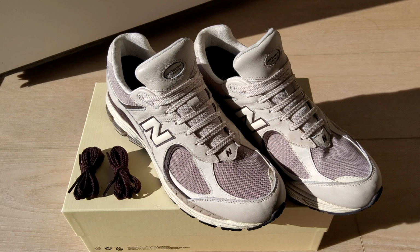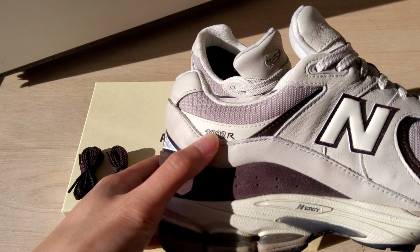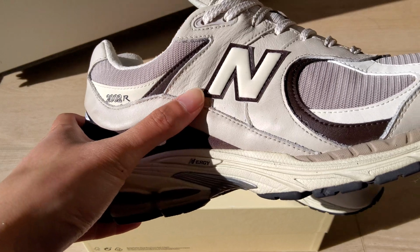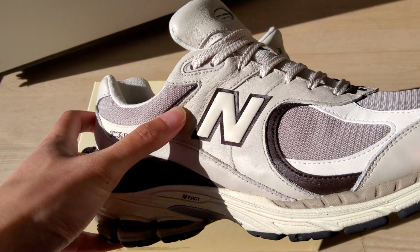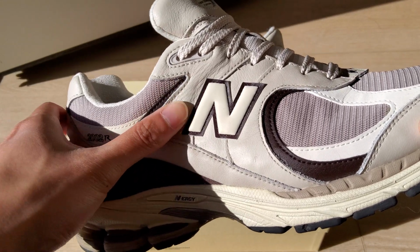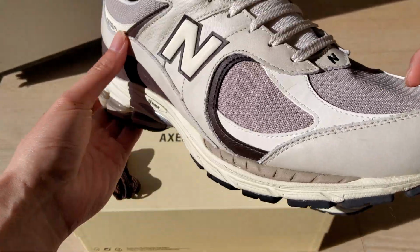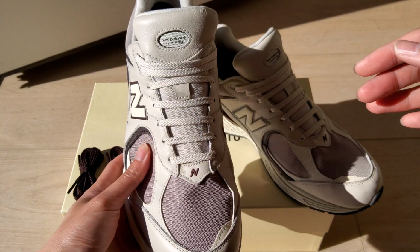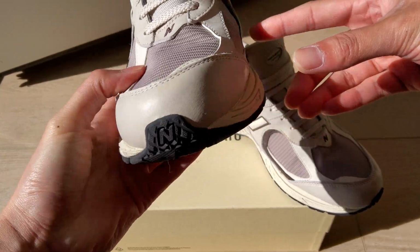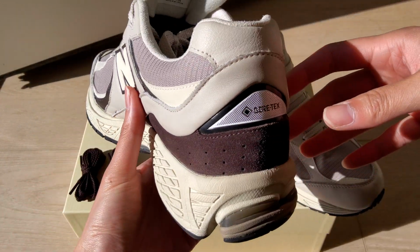So let's get a closer look at these guys, and you can already see the branding here, 2002 R, Energy, and this brown suede, kind of leatherish material. I've only worn these for about 3 weeks now, and you can see some wrinkling here and some cushioning material, breathability. And the toe box is very different from typical New Balance shoes, because typically this front section will be suede, and the reason it's different is because I'll show you right here, this guy right here,